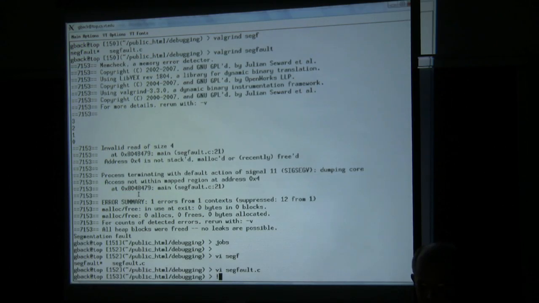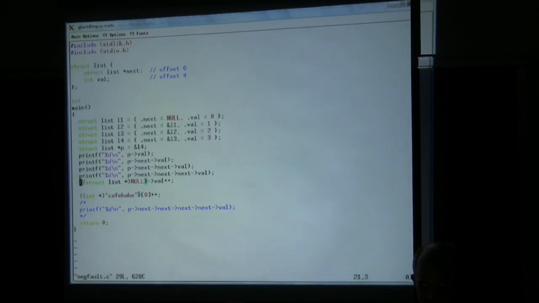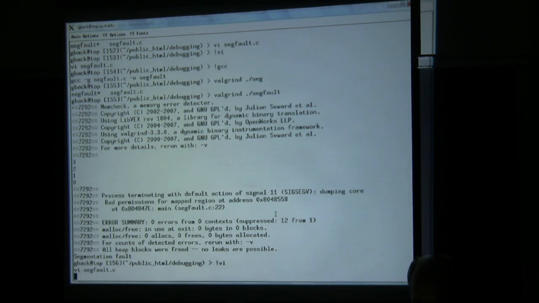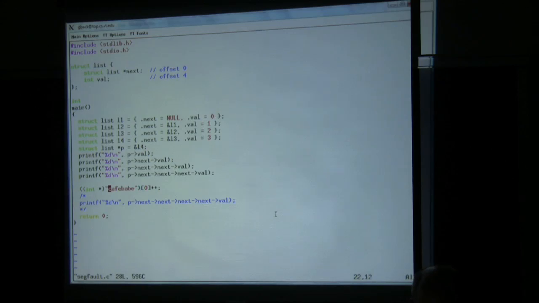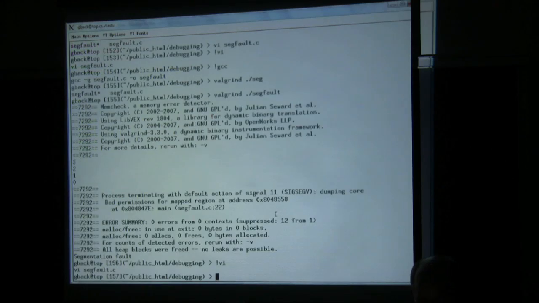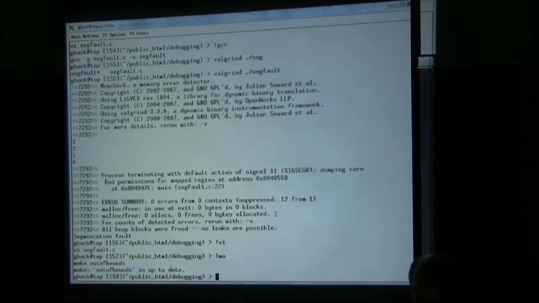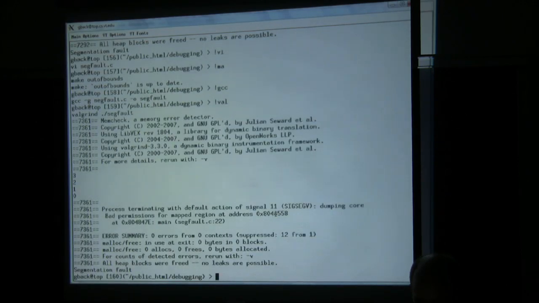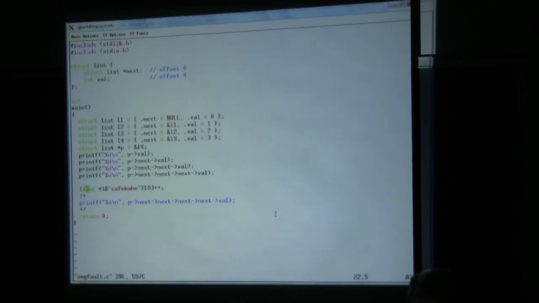Yeah. So let's see. Here it is, the text. Do you want that 0x? No, sorry, I want